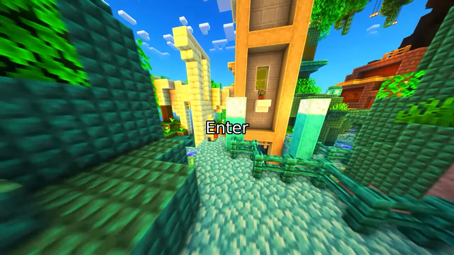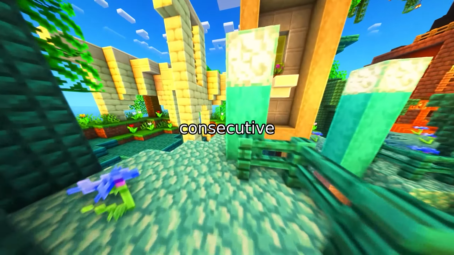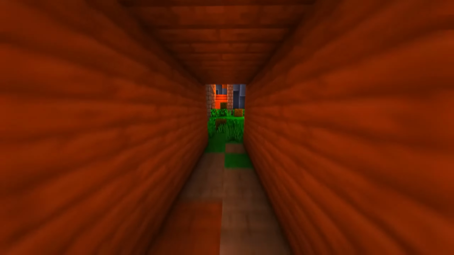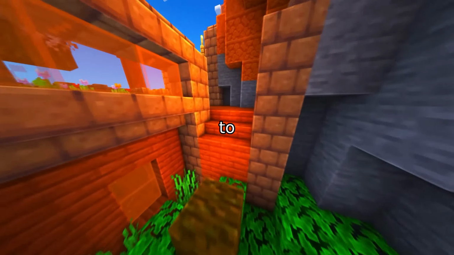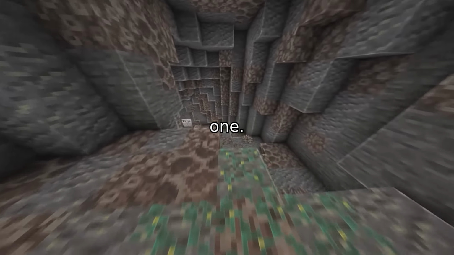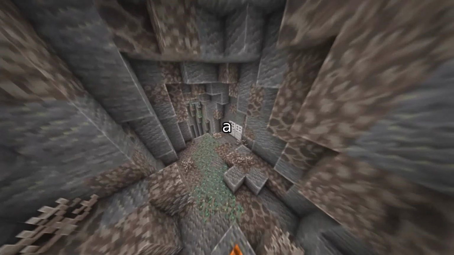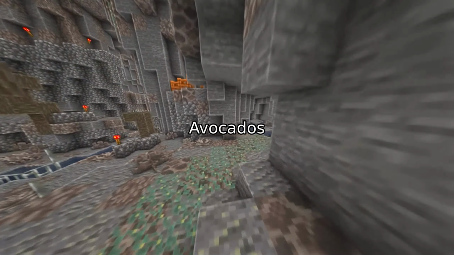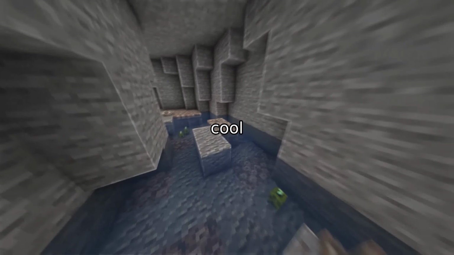That's wasteful. Enter consecutive preferential Bayesian optimization, a new framework that accounts for the true cost of production, not just evaluation. Instead of freely proposing new candidates, CPBO restricts comparisons to only the most recently produced one. You compare your new toast only to the last one. Why? Because producing a candidate is expensive. Once it's made, you want to use it as many times as possible, but you can't store it forever. Avocados spoil. Extrudates cool down.